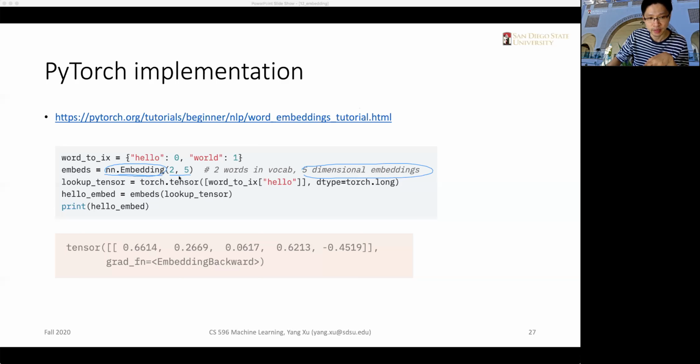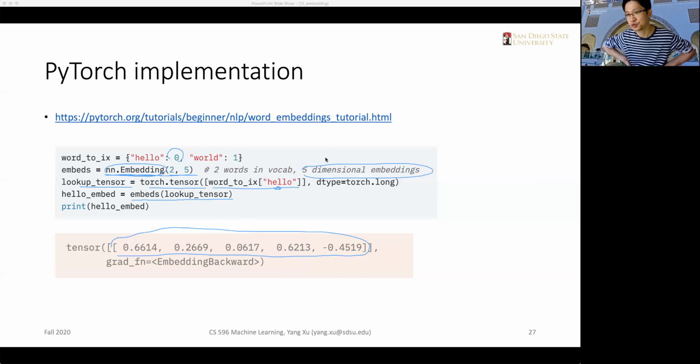Okay, so if I initialize the embedding like this, after I initialize the embedding object, within the matrix, it is just a bunch of random numbers. So I construct a lookup tensor here using the ID of hello. Okay, so the word ID of hello is 0, right? So if I use the 0 to query the embedding matrix, it will give us the first row of the embedding matrix, which is a random vector that has 5 elements,